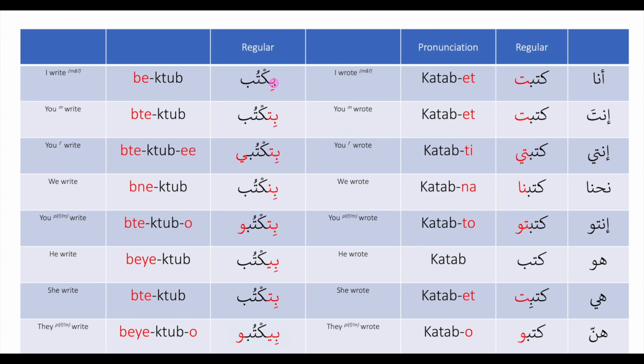But first of all, the verb katab has two vowels in the middle. As I previously stated, when you add a prefix for the present tense, the first letter, as you see here, becomes a consonant. And the second vowel is where we need to focus and pay attention, because the second vowel is not the same in all verbs. So we say